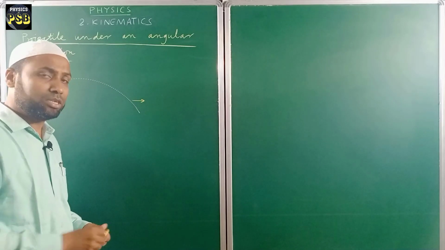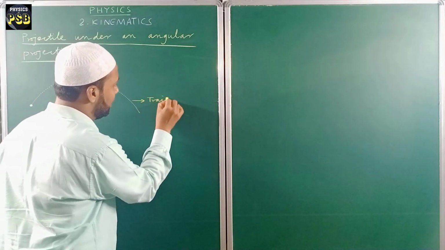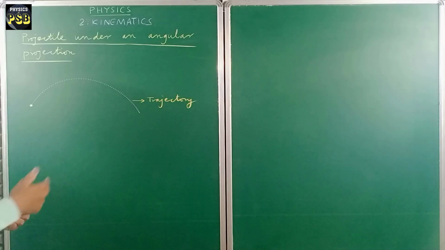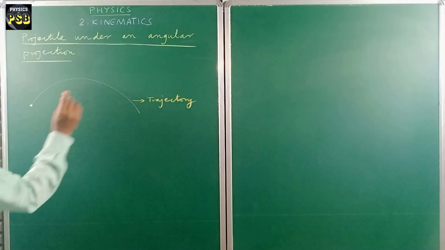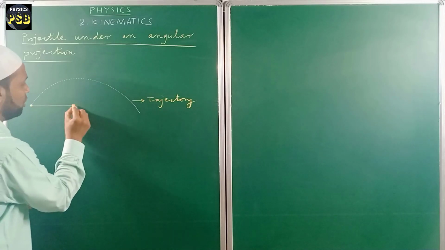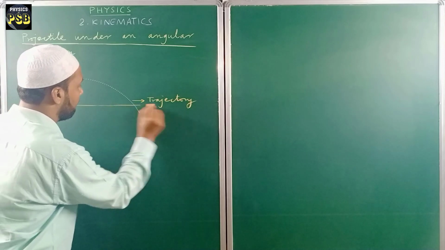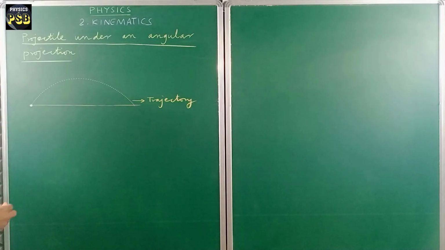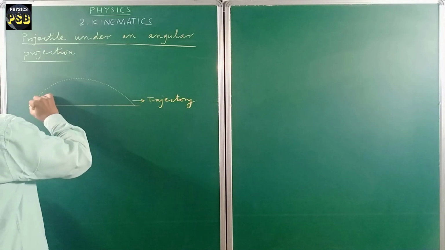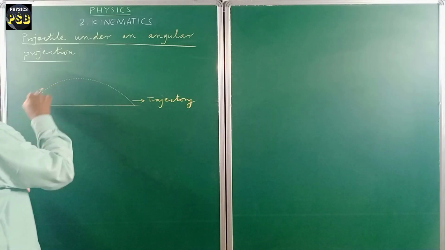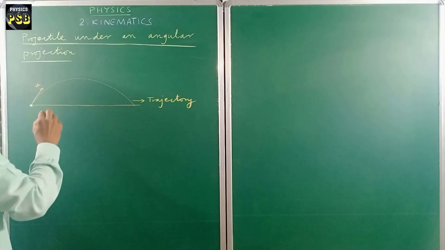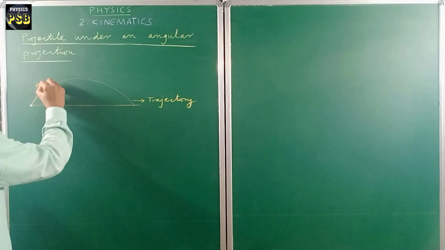Why is it called angular projection? Let me tell you. This is a trajectory. Trajectory is nothing but the path followed by the projectile under projection. Now, the line that I draw here is nothing but the horizontal or the ground. And as I told you earlier, here the object is thrown with some initial velocity. Here, the tangent drawn to this parabolic path gives the direction with which the object is thrown. It represents the initial velocity